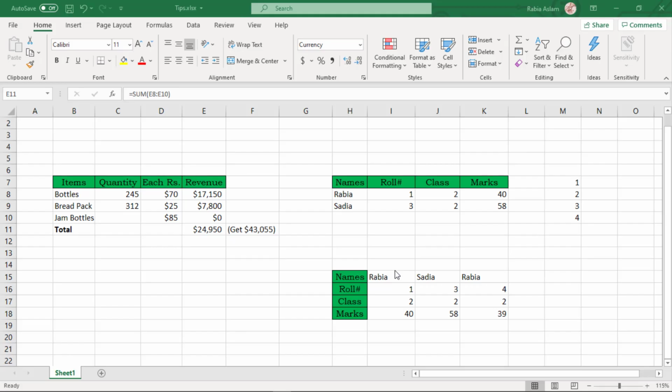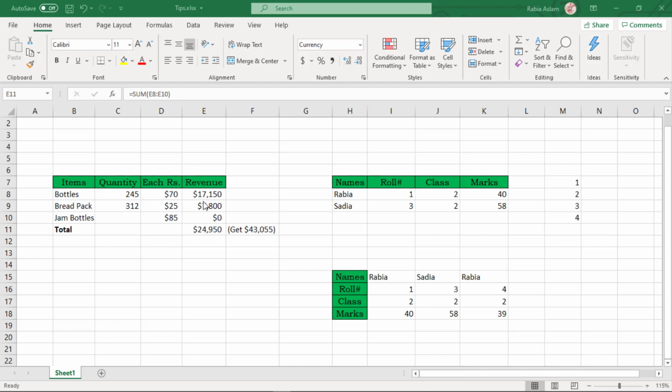Here I have mentioned some data about items like bottles, bread bags and jam bottles. And I have also mentioned the quantity sold of each item and the price of each item. In the last column, I have mentioned the total revenue of each item individually.